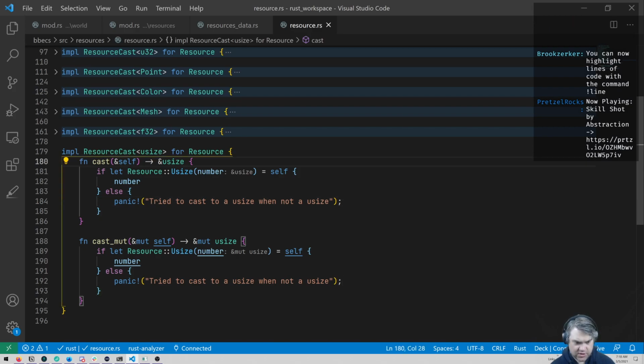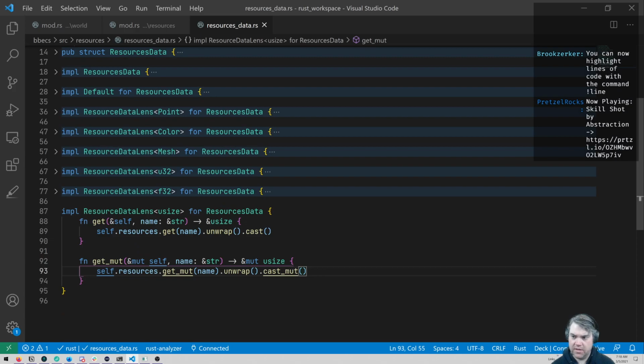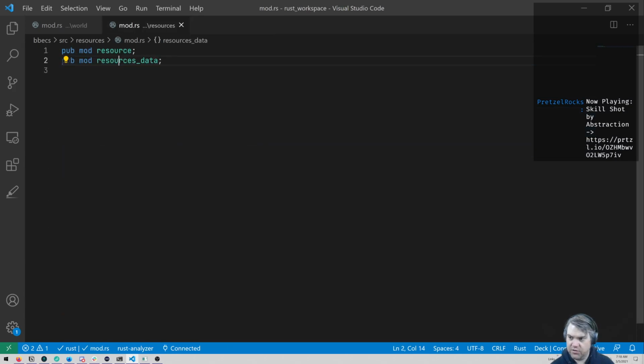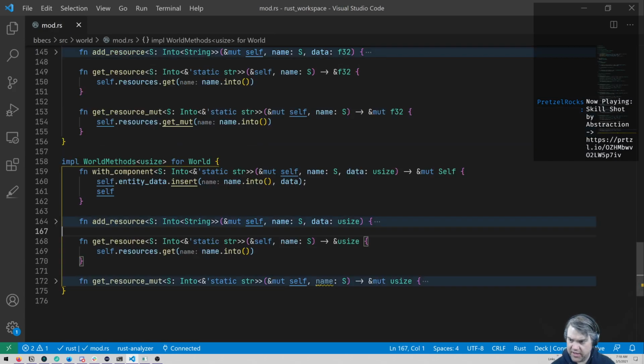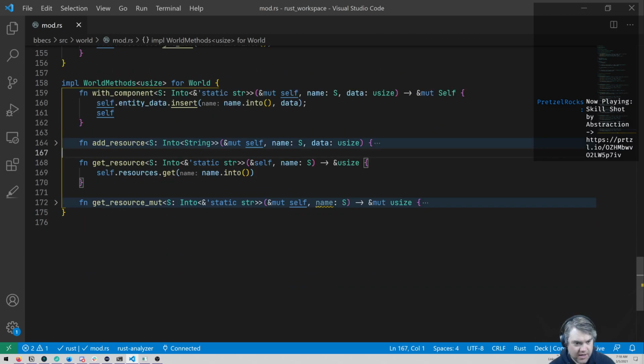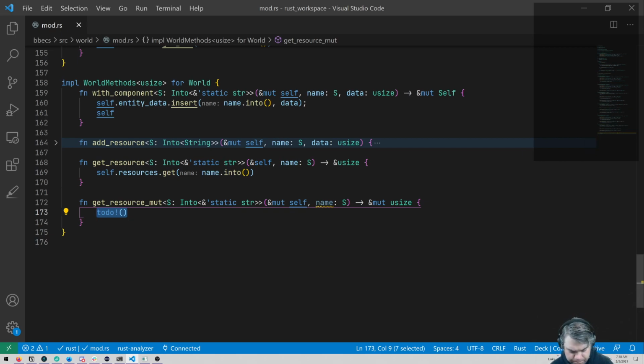Okay, so I think that's good. No more errors in here, or warnings. Nothing in there. Okay, so continuing down. Are we on the last one? Get resource mute.